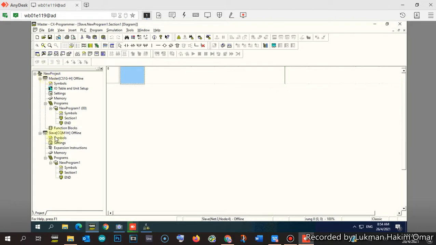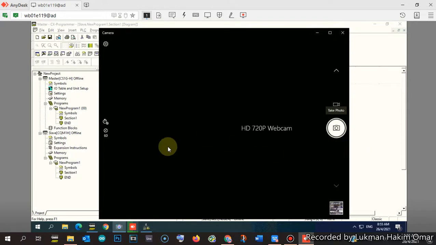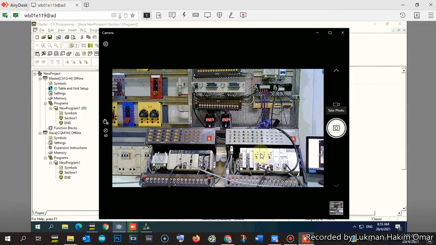So we have two PLCs, one is master and another one is slave. Now I'm trying to online my slave PLC without online master PLC. This is possible because you already established the connection from the master to the slave by using this cable.